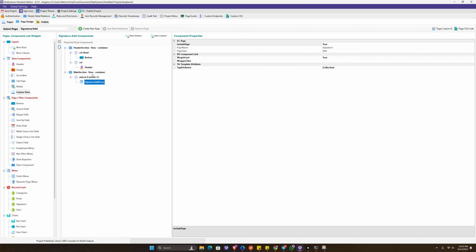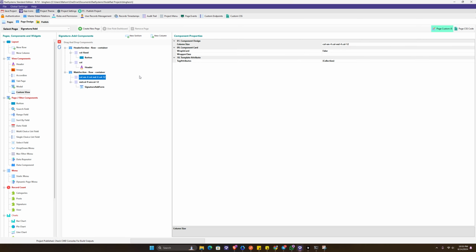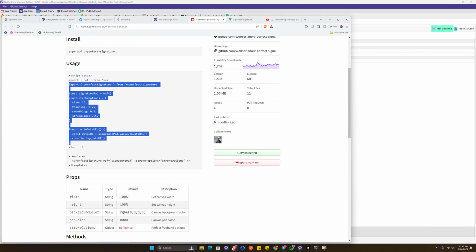And what I'm going to do next here is I want to add a new column. Instead, sorry, let's not use a section. Let's create a new column here, and I can drag and drop it at the top, and let's do col 12 md, col 12. Then let's have a custom view in there. So this is where we are going to drop our signature pad. All right,